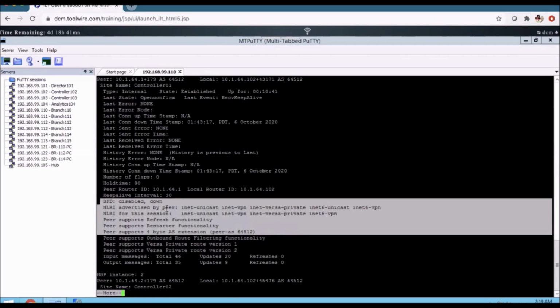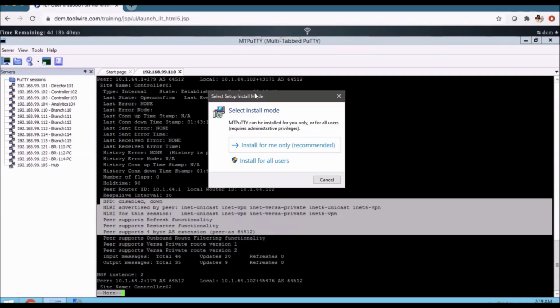The NLRIs advertised by the peer: I can see INET Unicast, INET VPN, Versa private family, INET6 Unicast, and INET6 VPN. These NLRIs will be used to establish the BGP peering between the branch and the controller. Right, so the control plane is up between the branches and the controller.